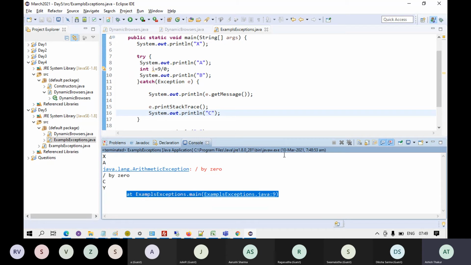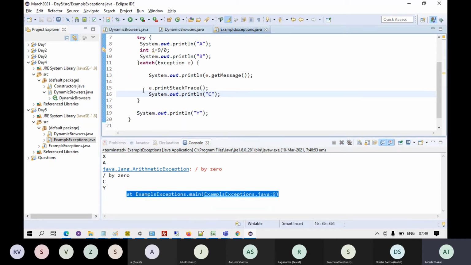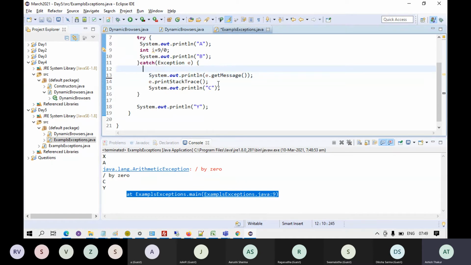So you cannot predict the output like this, but you will get the complete stack trace. Okay. So this is how try catch works.